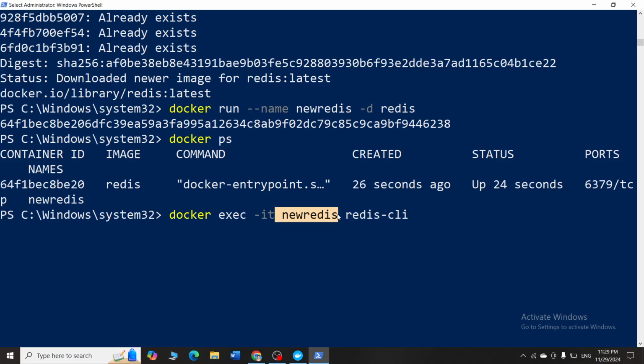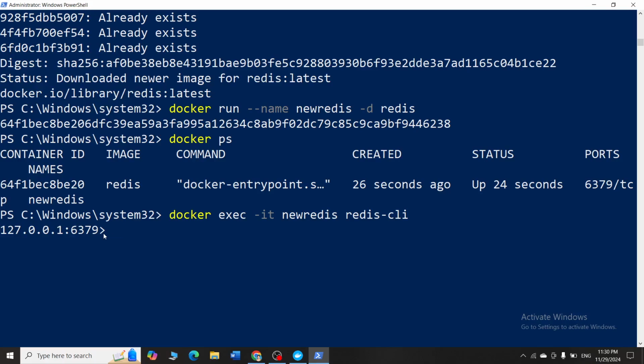Okay, so which interactive module? So in new Redis, you have an interface or an interactive module which is called redis-cli. Just like how in Windows we have command prompt, PowerShell and all, in the Redis application, you have a CLI which is called redis-cli. So I am telling it to run this and open. So when I say enter, you can see that I have successfully entered into this application.